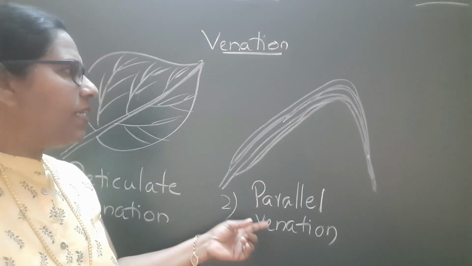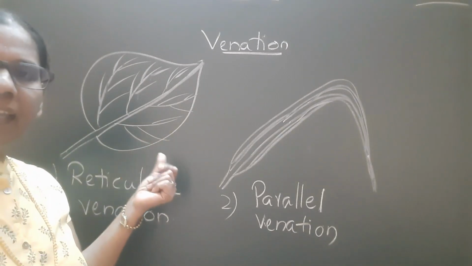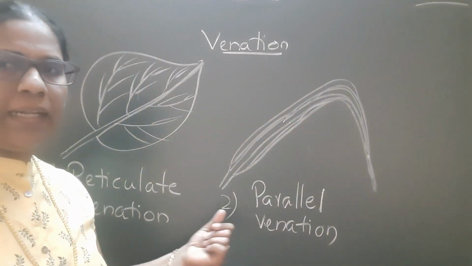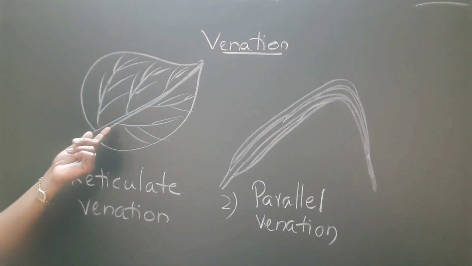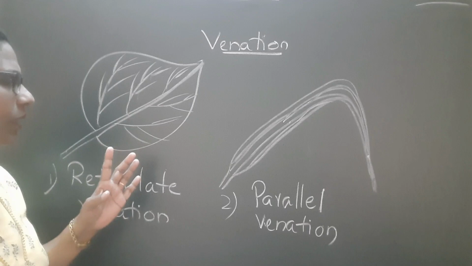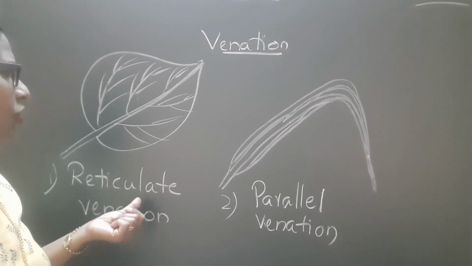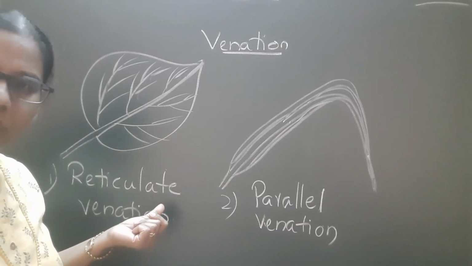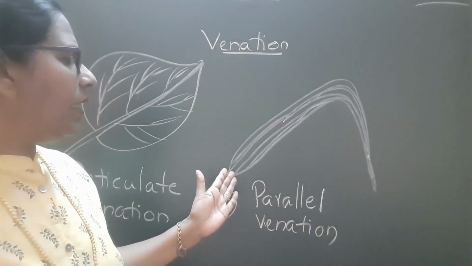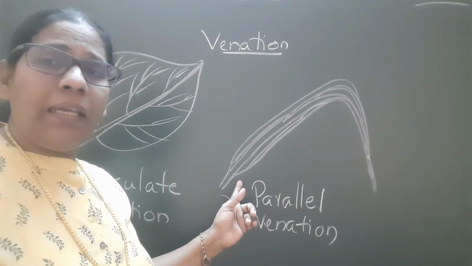What is venation? Venation is the arrangement of veins and veinlets in a leaf. There are two types of venation, reticulate venation and parallel venation. In reticulate venation, the veins and veinlets are arranged irregularly. Examples: peepal tree leaf, mango tree leaves, jackfruit tree leaves. In parallel venation, veins are arranged in a parallel way. Examples: sugarcane leaf, banana leaf,